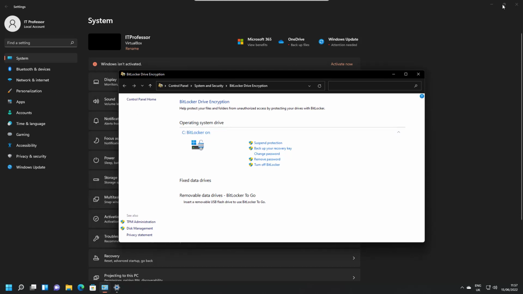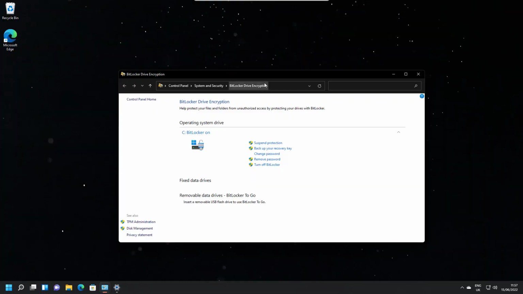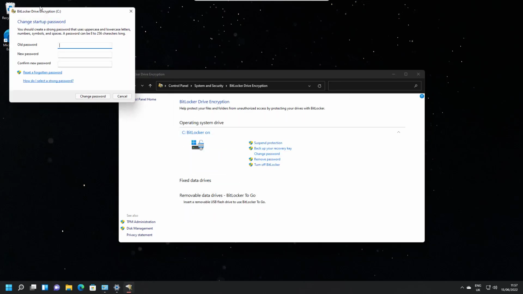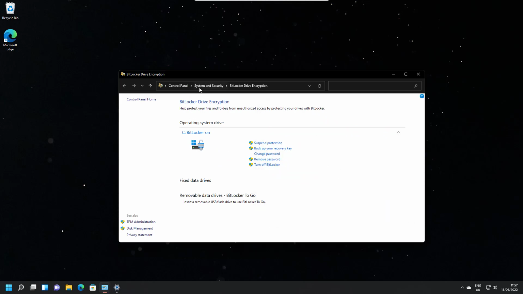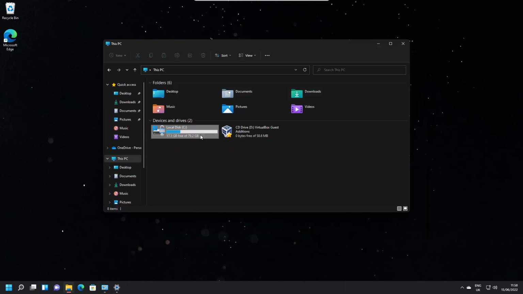This window is used to manage your BitLocker. You can suspend the protection in case of any failures or if you need to do some maintenance on a drive that requires it. You can also change the backup recovery key and select any of the options that you have seen before. You can also change the password or remove the existing one, and of course you can completely turn off the BitLocker. Just keep in mind it will take quite a long time to decrypt all of your